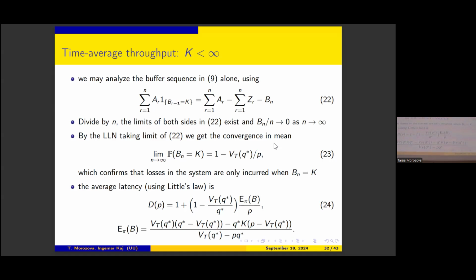And then for the latency, we used Little's formula. So we just use the formula, the average buffer divided by p. And then we modified this a little bit. We wanted to have it in such a way that if the transmission is successful right away, then the delay is still 1, because it still required 1 slot to transmit. So this is why we have this one here. Otherwise, if it was not successful, we will have this kind of formula, which depends on the average buffer size, and the average buffer size also comes directly from the geometric distribution that we got.